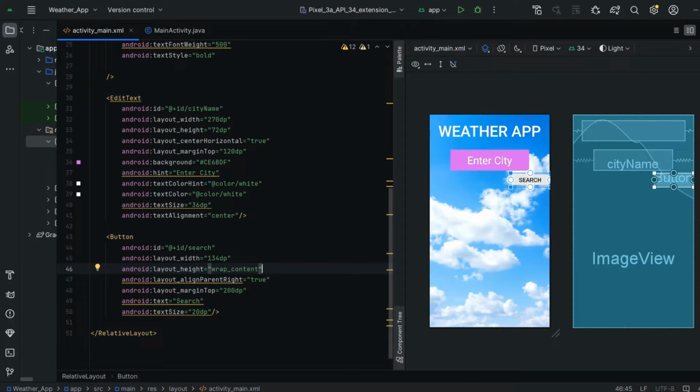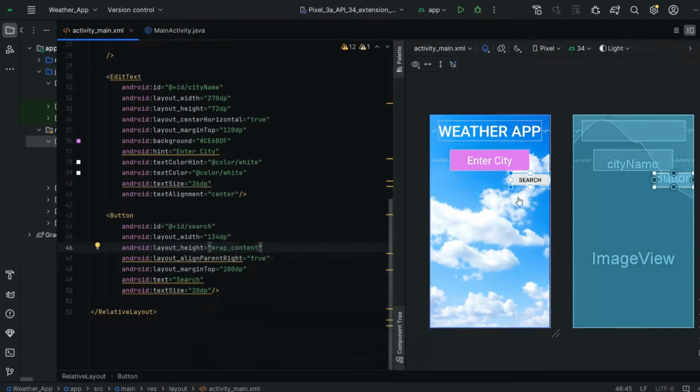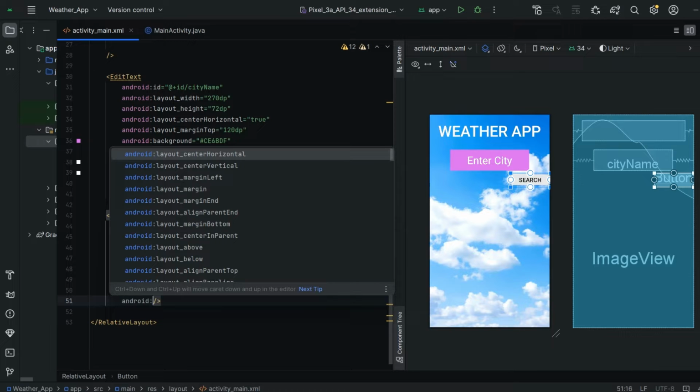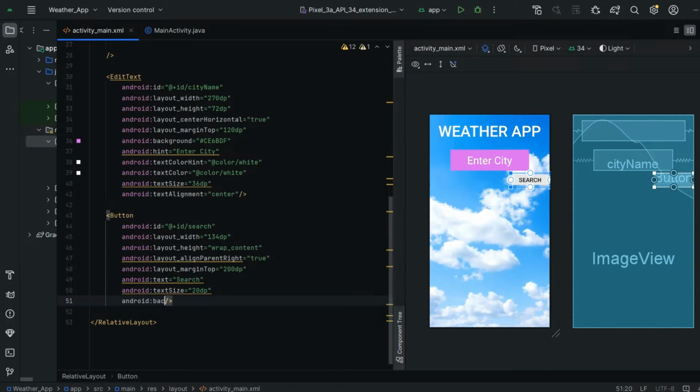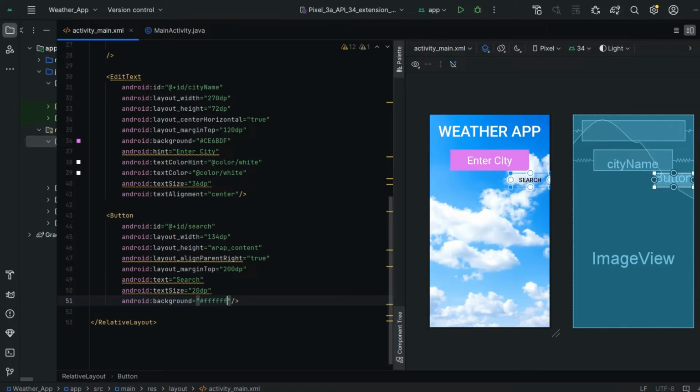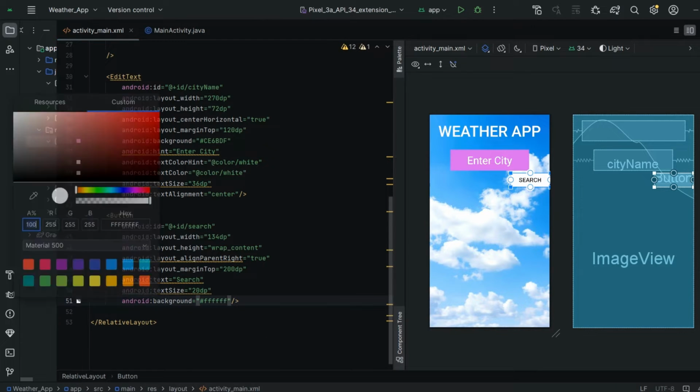And also I'll give a background color here, guys. It was white, it was not looking good, so I'll give a background color here. Android background. First I'll give random FFF, meaning white, then I'll choose the color because that is going to be easy, guys.